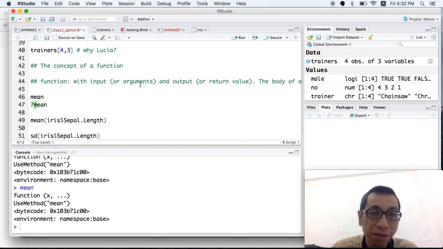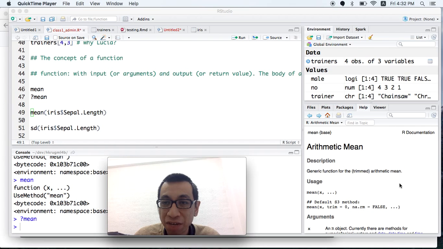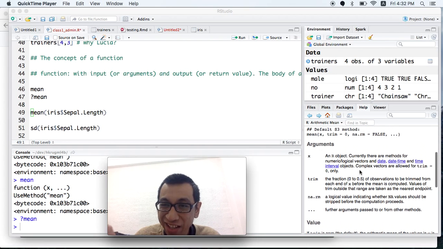If you want to know more about what the function mean is doing, you can use ?mean, and it will show you the help file of that function. It calculates the arithmetic mean, with the input x, the argument x. That x can be numerical or logical vectors, dates, time intervals, whatever.